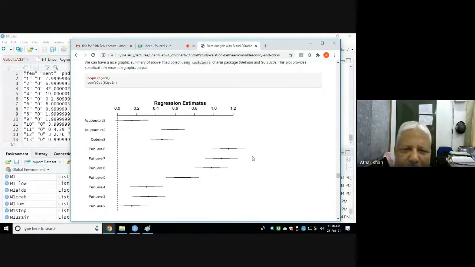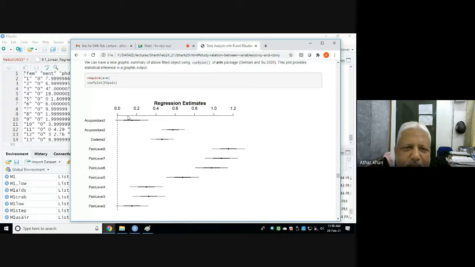Remaining all these, the other levels are significant, pain level 8 versus 1 significant, 7 versus 1 is significant. These are significant, except pain level 2 versus pain level 1, which is not significant. Understand? So this is the graphic summary.